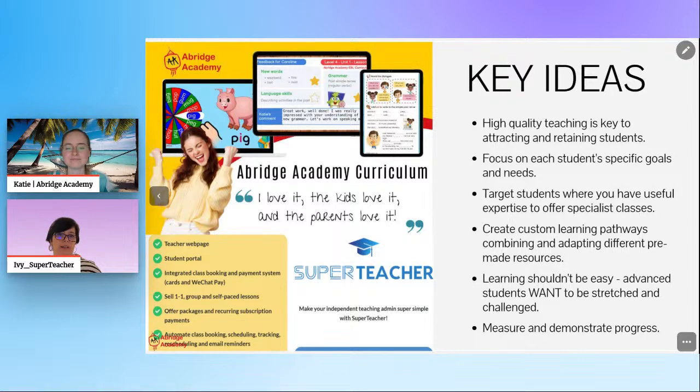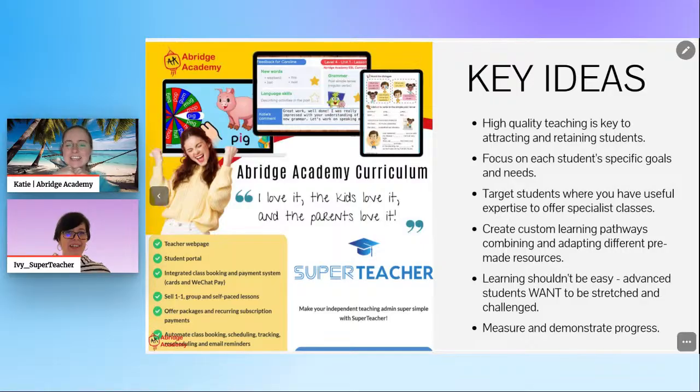Make it measurable, and have those check-in points in mind, because especially if they have experience with companies, those companies enforce that a lot. They even sell packages based on the progress promised. Like if you buy 90 classes, your student is going to finish level 1, and gain that certificate and that knowledge and skills and everything. So yeah, just make sure you find your own way to measure and demonstrate progress, if that makes sense.